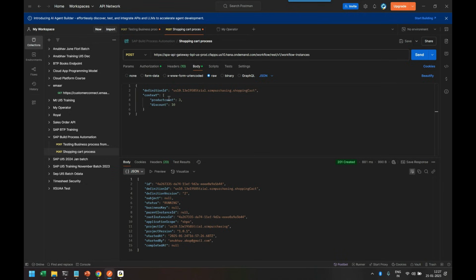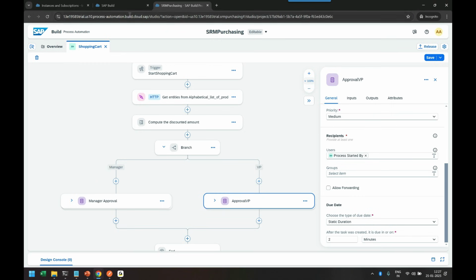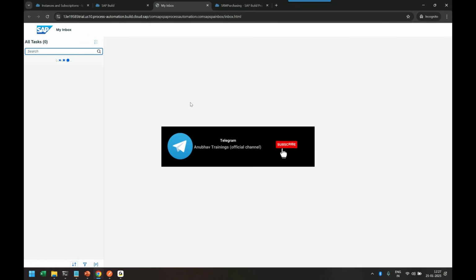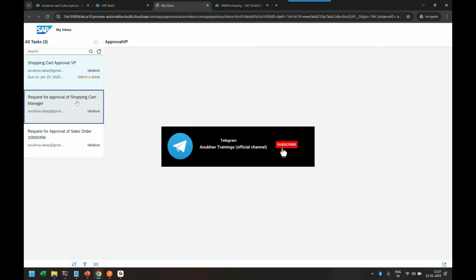So I'll go back to the Postman tool and trigger this process. I'm requesting 3 products with a discount of 10%. I trigger the request and the request is gone. It will trigger my business process in the build, and then I can go back to the inbox. I should now be receiving two work items, one for the manager and one for the vice president. So let us see that. There you go. We have got one for the manager,